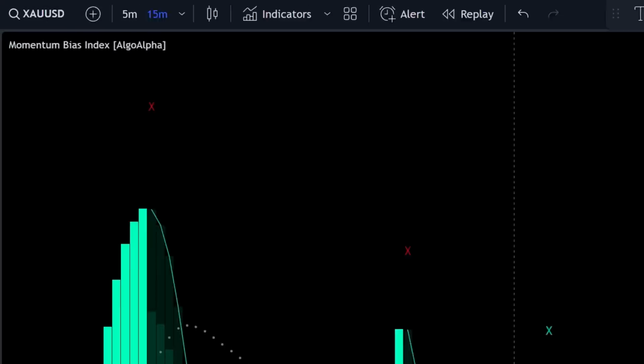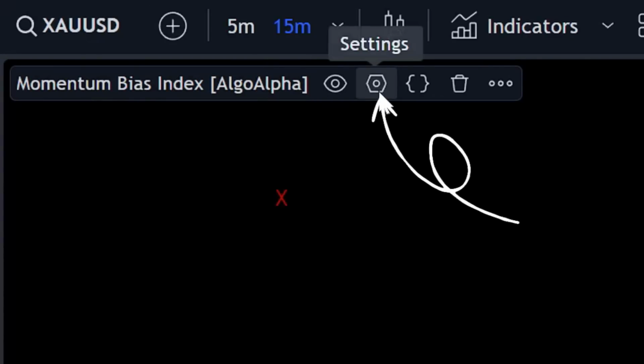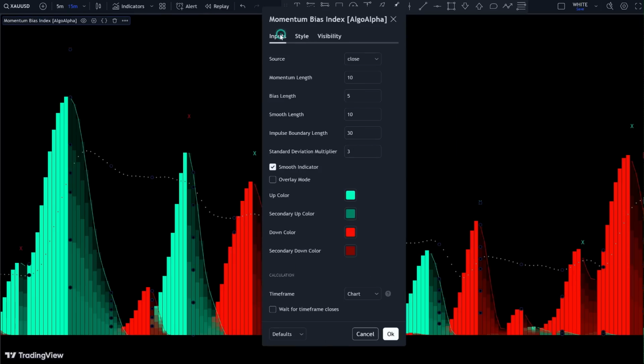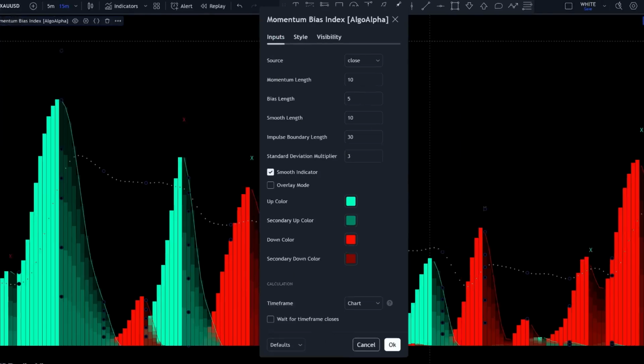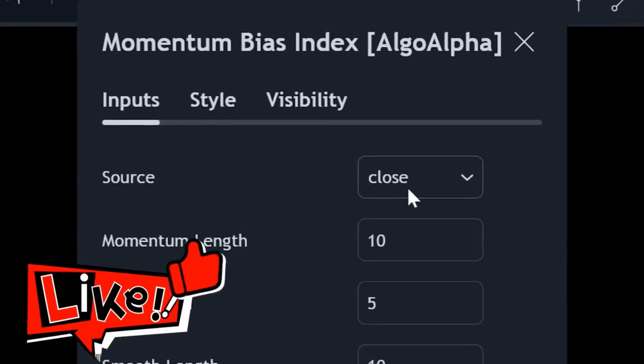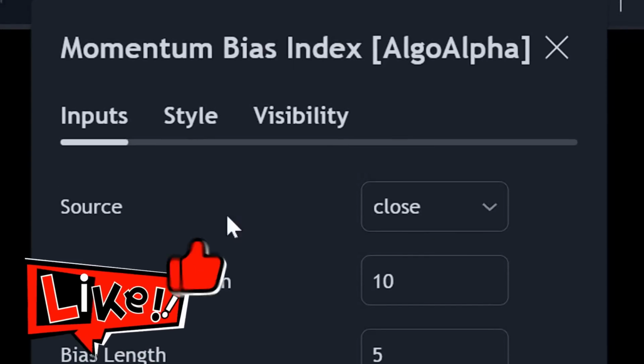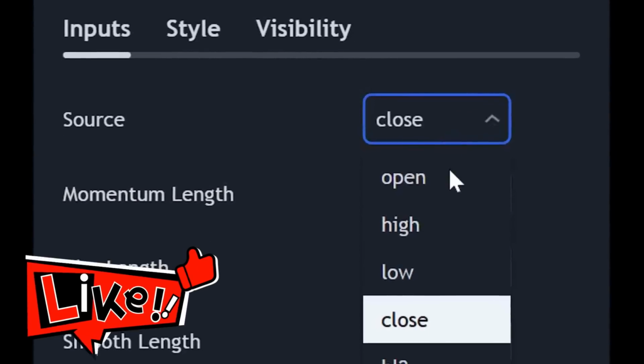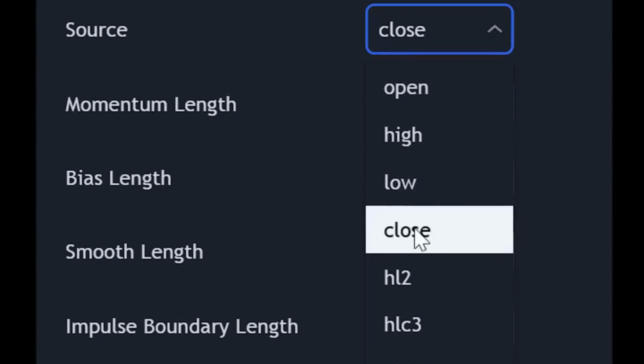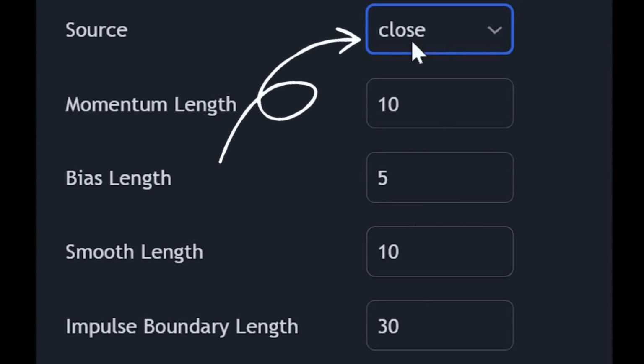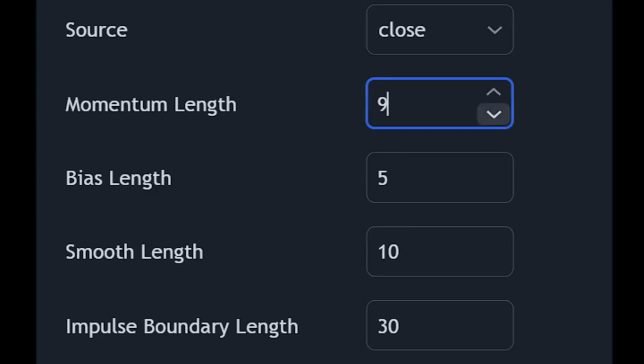To do this, click on the gear icon next to the indicator's name and head to the Inputs tab. Here, we'll need to make a few adjustments to tailor the indicator to our needs. First, change the source parameter to close. Then, adjust the momentum length to 9. After that, change the bias length to 7